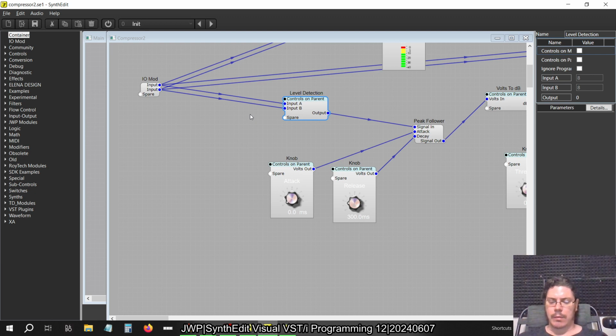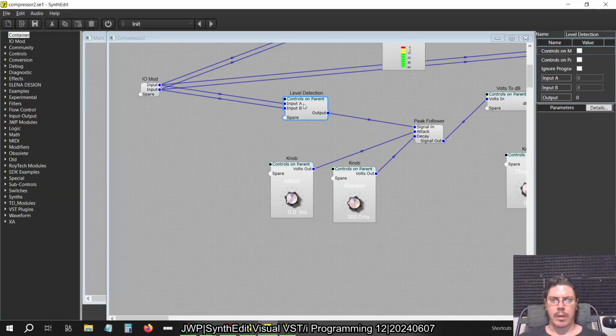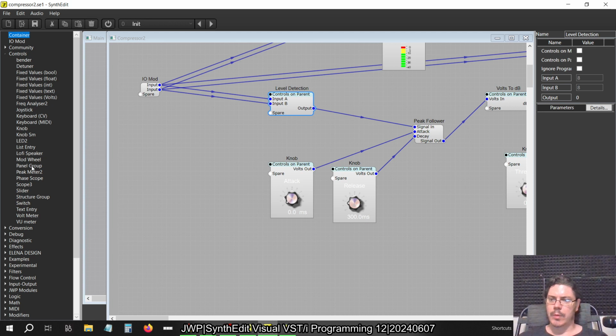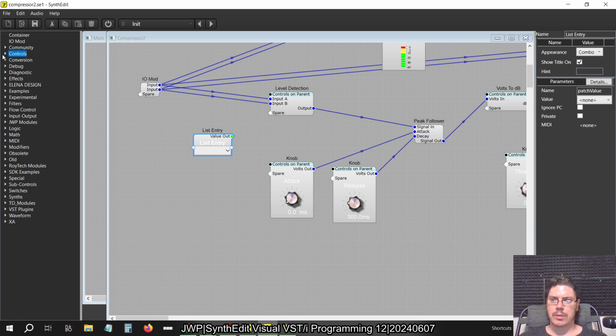However, in the other schematic here, we see mode is on top. We have list entry. In this case, my mode is going to have to just be on the bottom. I don't really feel like resorting. So I'm just going to bring in this list entry. I believe the one it's showing is probably